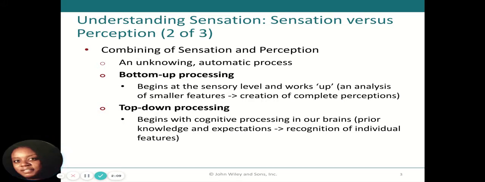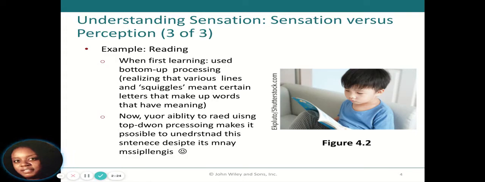Top-down processing begins with the cognitive processing in your brain, based on your prior knowledge and expectations, to recognition of those individual features. Here's a good example of top-down processing: reading. Okay, when you're first learning to read, bottom-up processing occurs, right? So you realize that there are lines, you realize what the squiggly letters mean